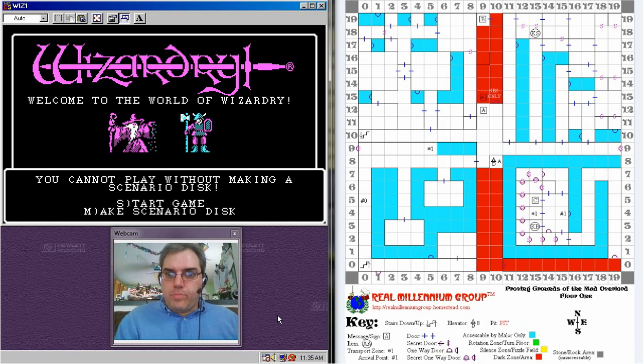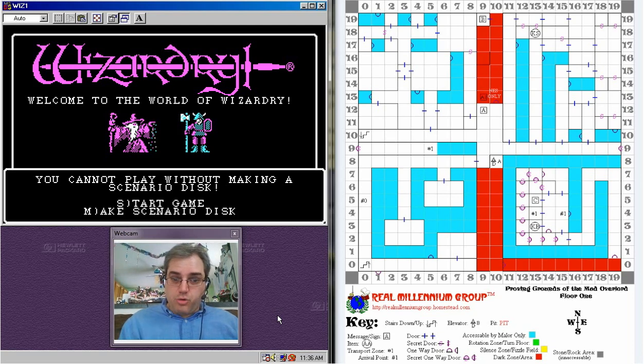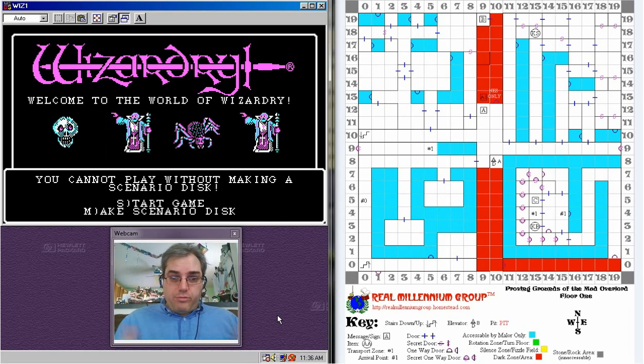You could password protect your actual disks. And if you lost a password or couldn't retrieve your characters, you could send your floppy disk in to Sir-Tech, and they would retrieve your characters for you. So upon doing that through the years, when it came time to release Wizardry 4, they actually took copies of the characters they retrieved from people and made them the enemies that you fight as Werdna.